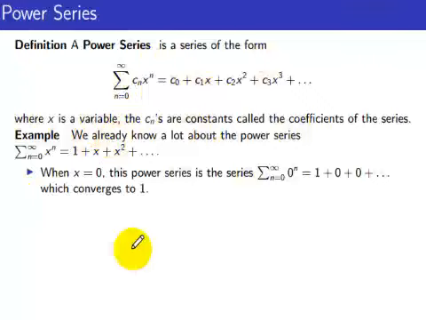So for instance, this is a small example. So power series x to the n. So this is called a power series in x. This one also a power series in x, right? So let's talk about the convergence of this power series, because x is a variable, so